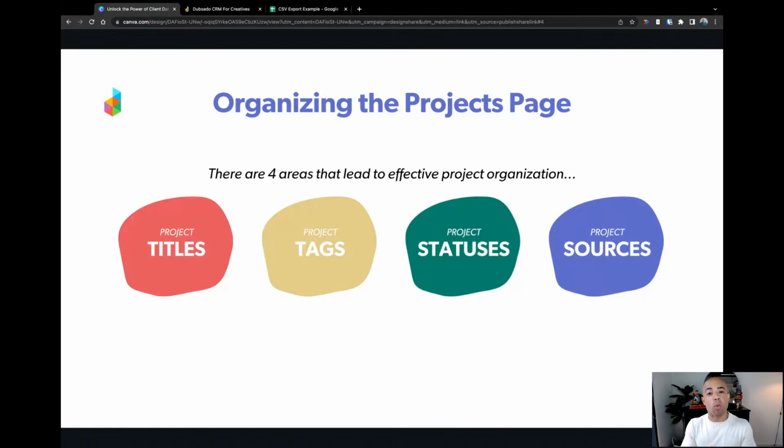So what I want to do with this webinar specifically, and the core of what we're going to talk about today, is what each one of these things is and how you can utilize them to organize your projects page. And those 4 things are project titles, project tags, project statuses, and project sources.